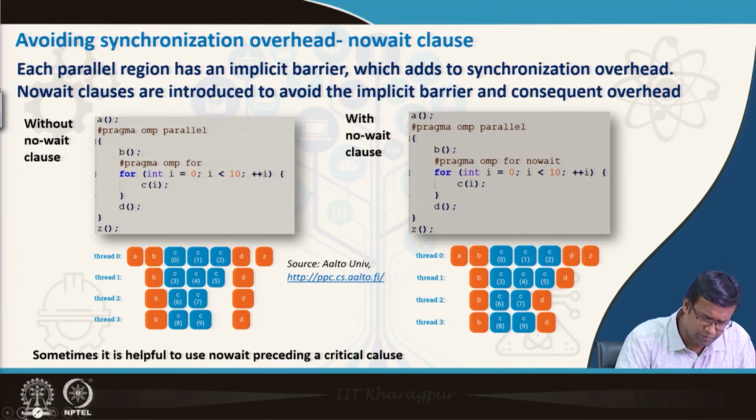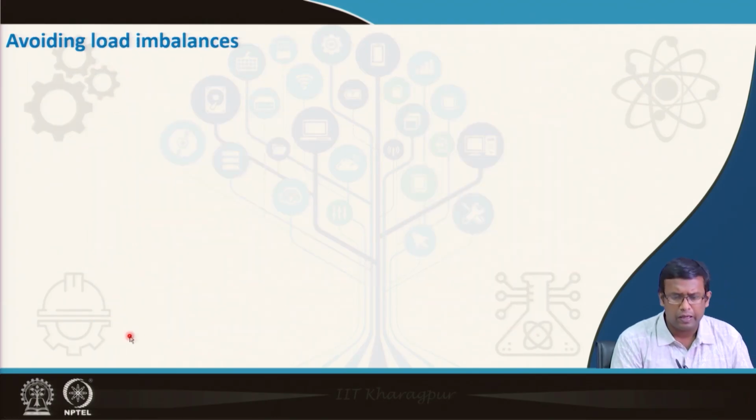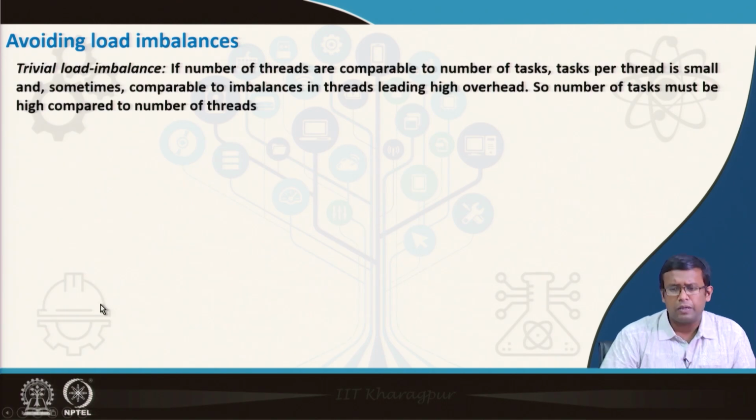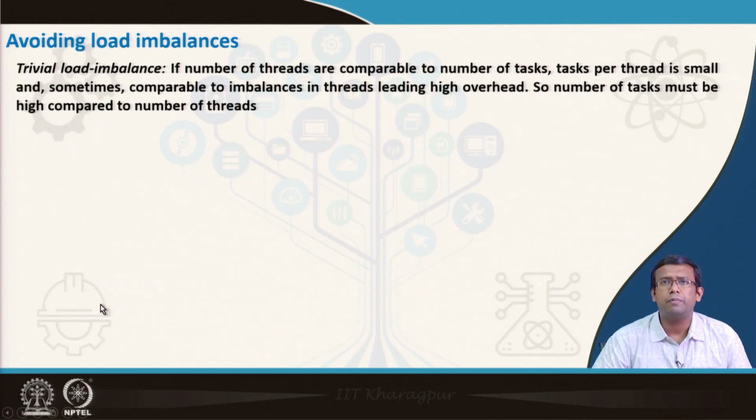Avoiding load imbalances. If the number of threads is comparable to the number of tasks, the task per thread is small. We are doing load balancing, trying to give almost an even number of tasks to each thread. But say I have 10 tasks and 8 threads,